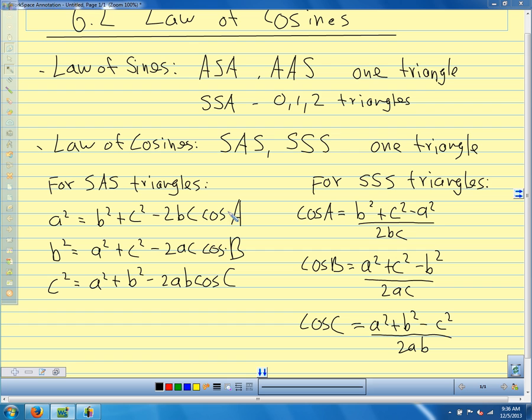So questions on our formulas. Talk about where they come from in just a second. I just want to do a couple of examples, point out a couple of common mistakes. So let's start out with